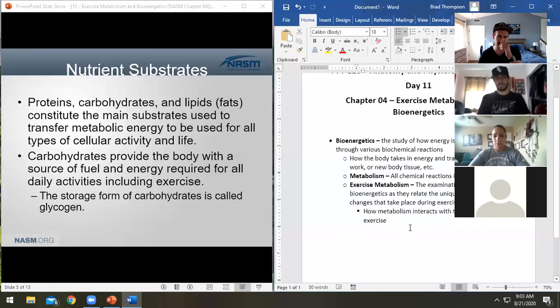So our nutrient substrates that are going to provide us with all this energy in order to do work are going to be proteins, carbohydrates, and lipids, right? Your fats. These are the main substrates used to transfer energy into cellular energy, right? And so our nutrient substrates,